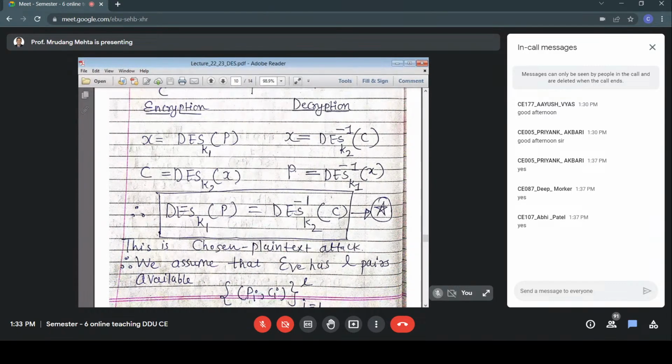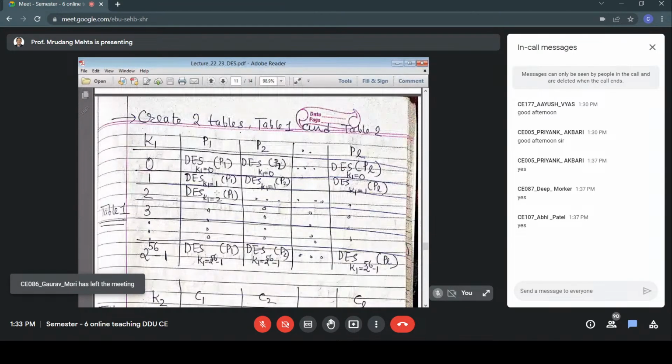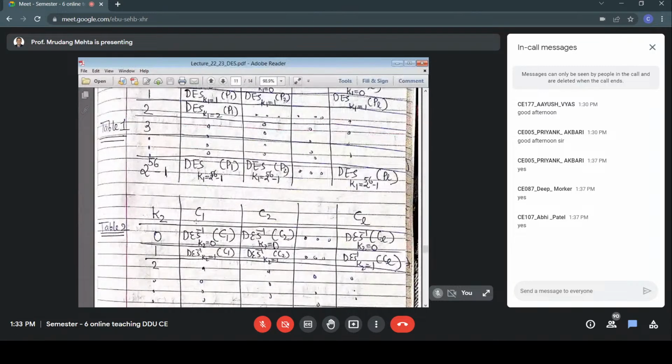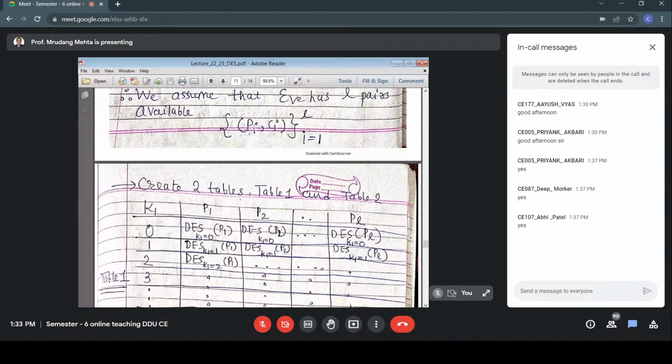Okay. So this is a chosen plaintext attack, and we assume that we have L pairs available. So the pair Pi, Ci is available for i equal to 1 to L. So we have to create two tables, table 1 and table 2. In table 1, we have P1, P2 up to PL. We have plaintext and we have corresponding ciphertext. So for Pi, i equal to 1 to L, P1, P2, PL, we apply key K1, and then